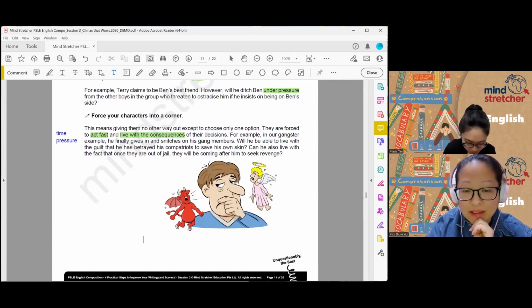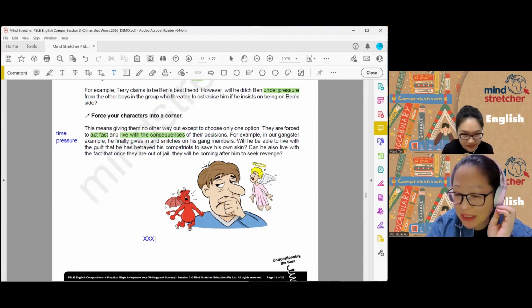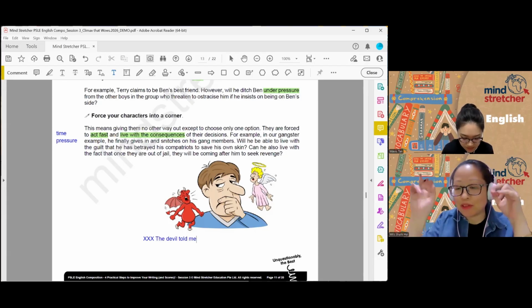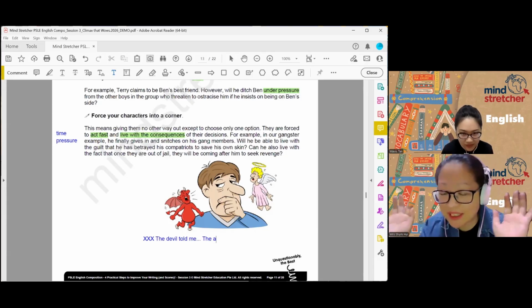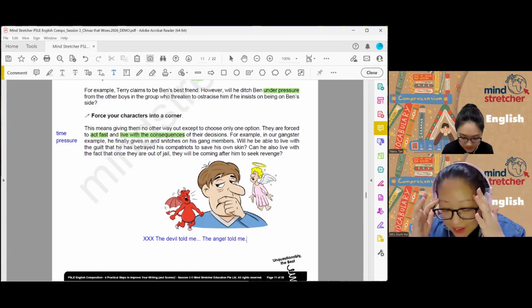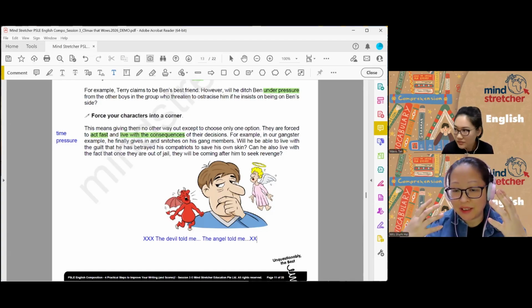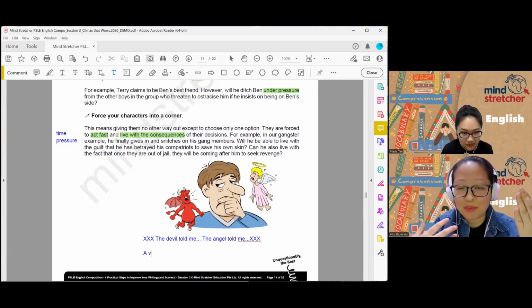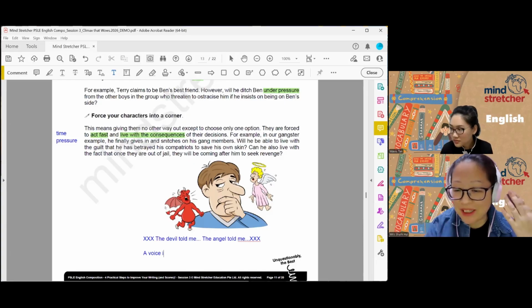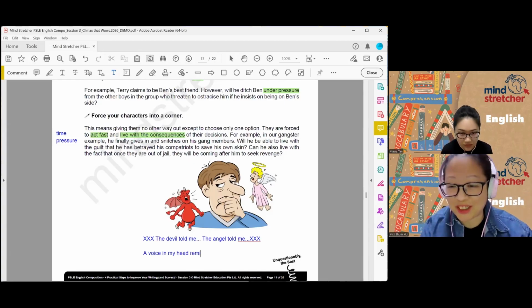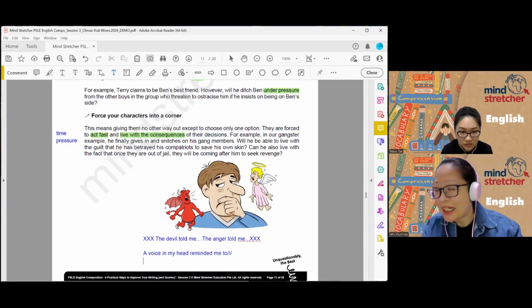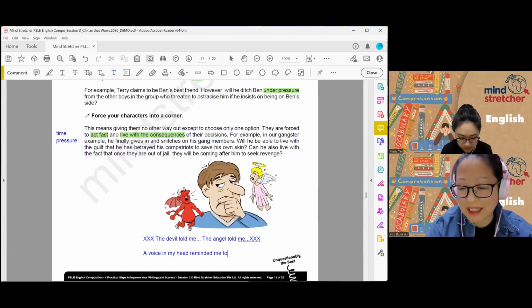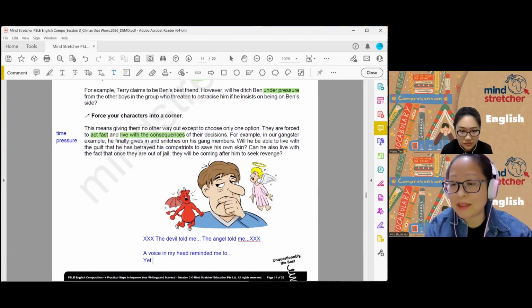Okay, you have to do it seriously, because if you're in that situation, you have no time to label them as what devil and the angel. It is really a lot of internal questions. Okay, if I were to raise my hands, my friend would obviously know that I am telling on him, right? The friendship would come to an end. Yet, if I were to turn a blind eye, I would be accomplice to a crime.